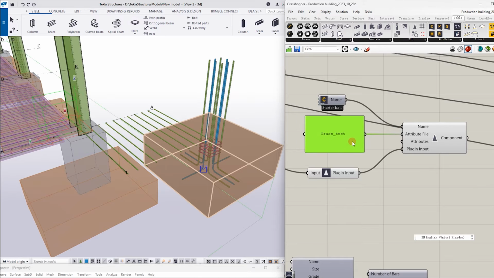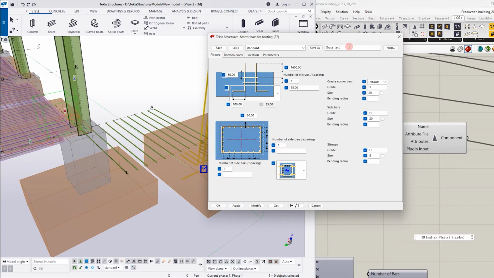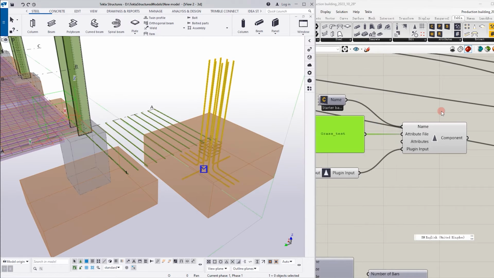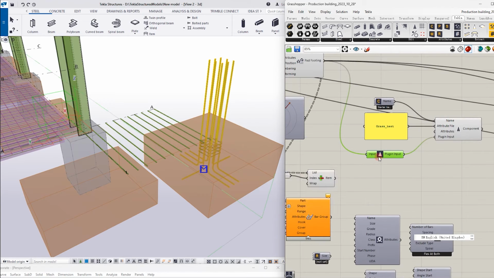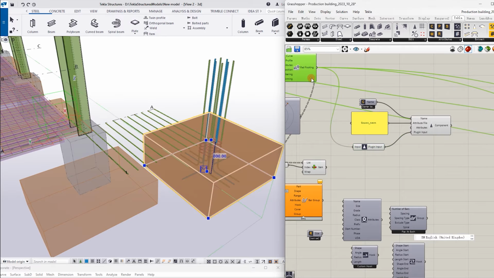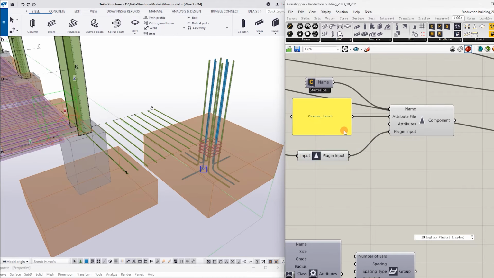Then the attribute file should be defined in Tekla first. Like double click, we see I have 2 attribute files, grass test and grass test 1. Then we should have an input. Input is an object which we define, the object which will be reinforced. This is the footing, and put it here. And let me show you, if we choose one attribute file, we see one result. If we just rename it according to the name in Tekla,